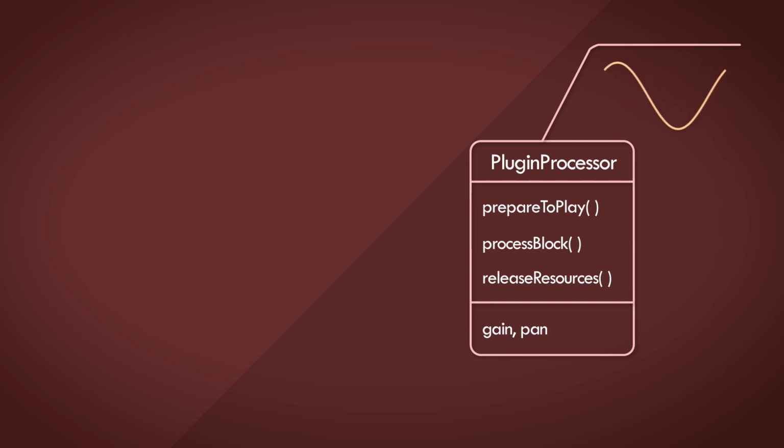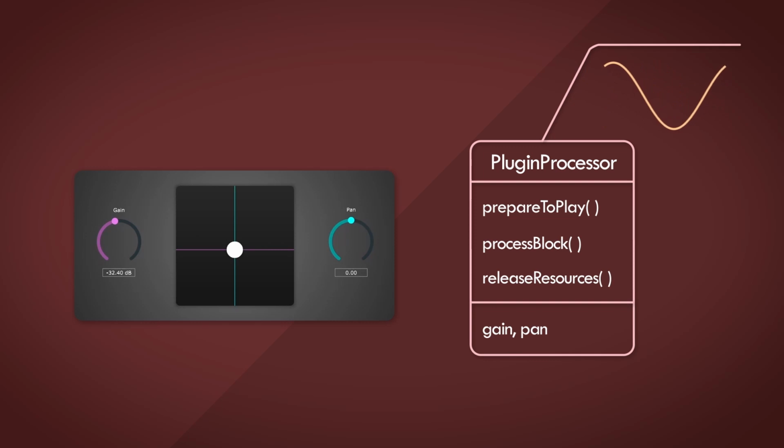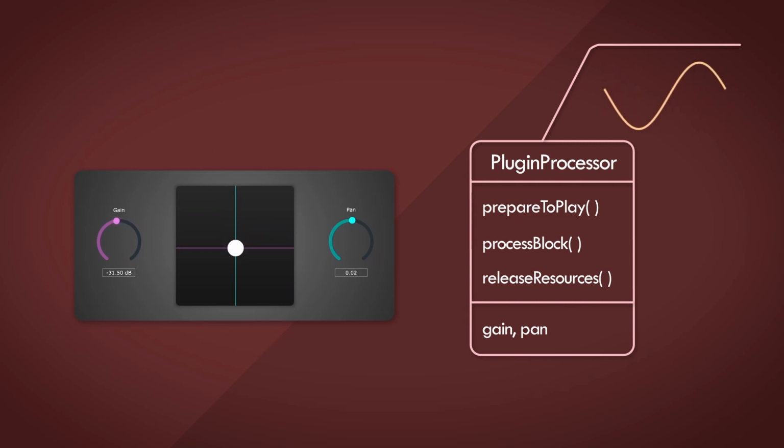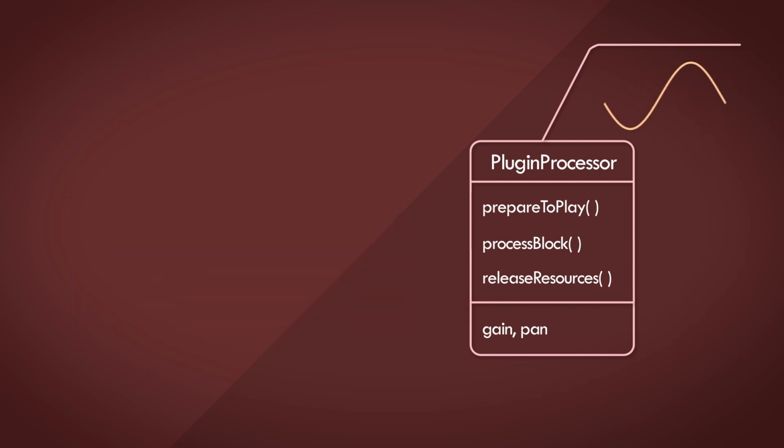Visually speaking, the gain and pan kind of makes sense here. We can assign the pan to the x-axis, where we can see a visual representation of it moving from left to right. And then we can assign the gain to the y-axis, where you can visually see the increase or decrease of the volume of the track. Anyway, we'll perform our gain and pan processing within the plugin processor,